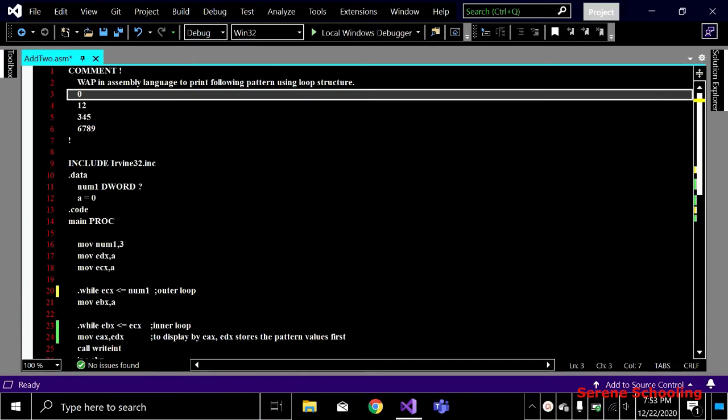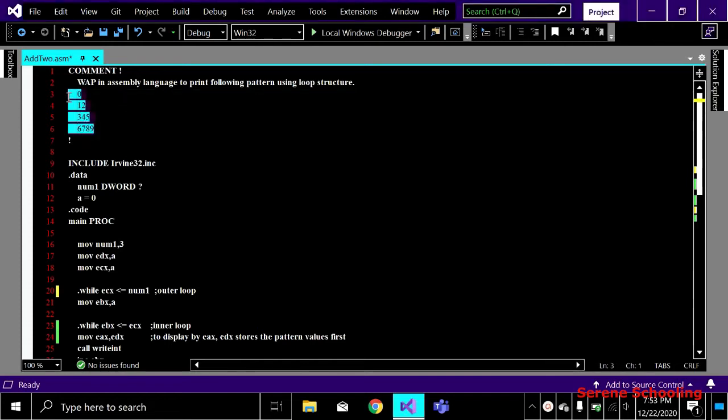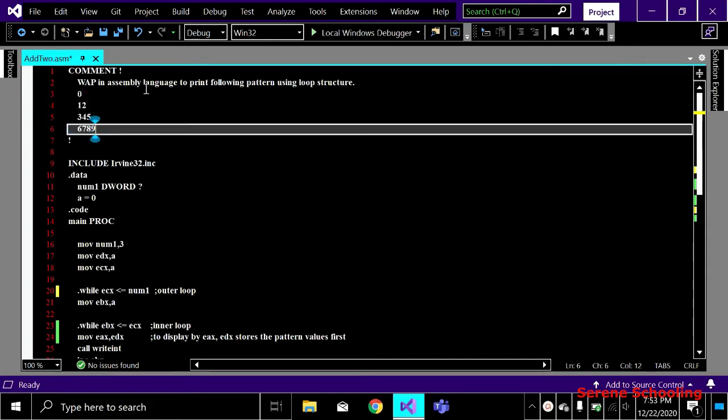We will print Floyd's triangle today using the loop structure, and Floyd's triangle is right over here. You can see its structure, how it looks. So we are supposed to make this pattern on the screen, using the assembly language, of course. So we will be using while loops, 2 while loops. If you have seen the previous video of the simple patterns using asterisk, then you can understand this easily.